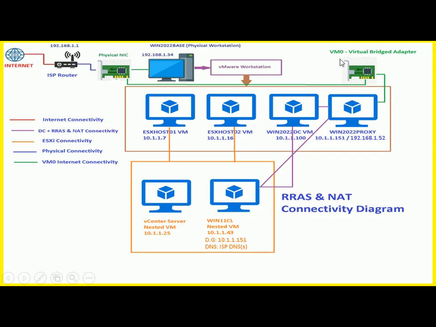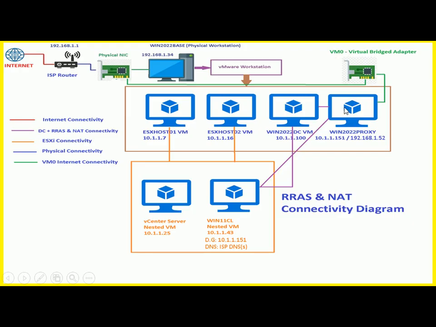The second NIC will be another virtual adapter, VM0, which is connected, you can see the green line over here, to my physical NIC. So the second adapter VM0 will have the actual internet connectivity. How to add that VM0 we will see in the practical, but you must have seen it in the previous modules also. This VM0 is an important one over here,